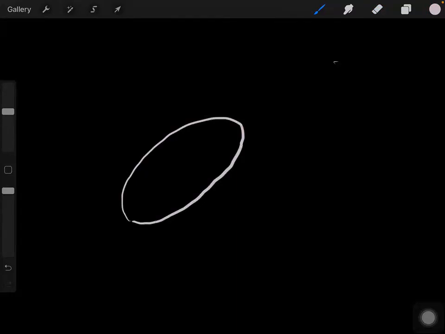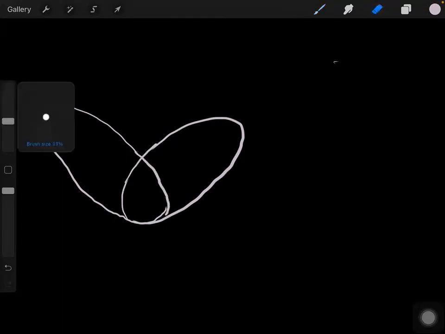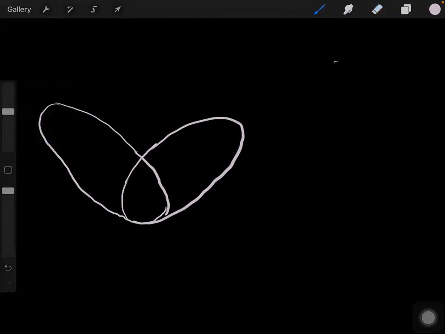This is my first set. This is my second set. Now, let me just draw the diagram a little bit better. Okay, there we go. Now, for the third and fourth sets, the orientation is really critical. So my third diagram is going to go something like this. This is my third set.